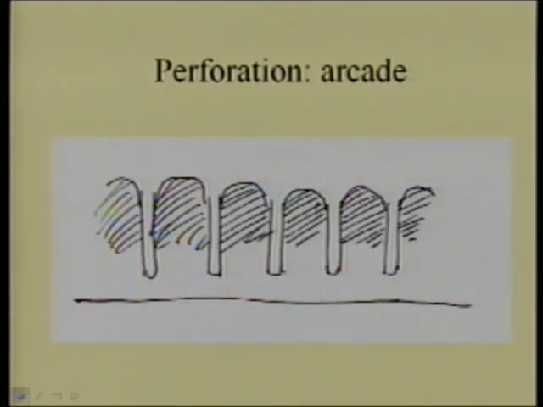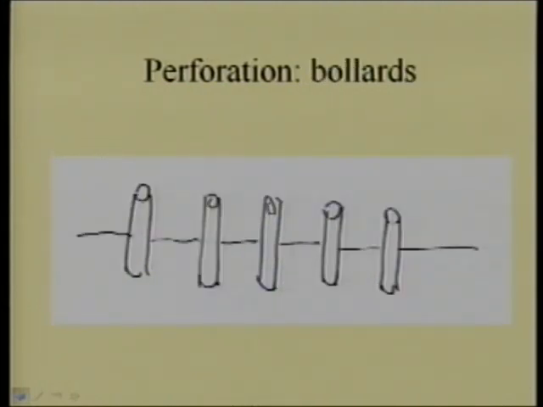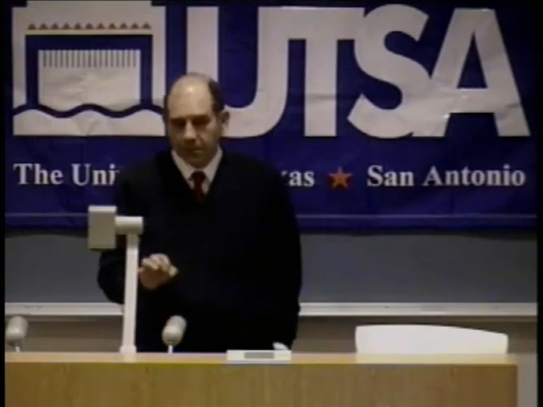Here is a perforation of a wall that gives an arcade, and here are bollards, which are a perforation and keep cars out. I make a note before I move on. The two examples I have shown are a thing of the past. Contemporary urbanists and architects absolutely refuse to use bollards and arcades. So instead, we pay thousands of dollars to go to Italy and Spain in order to experience these great examples of urban architecture.